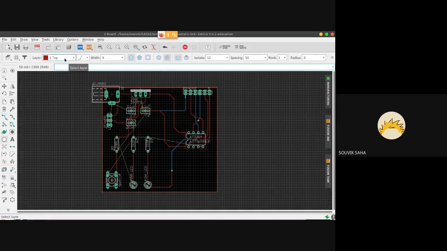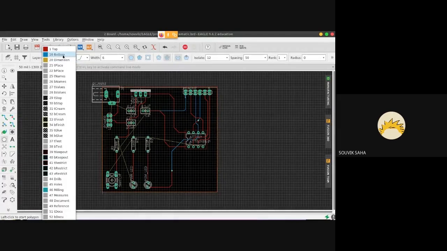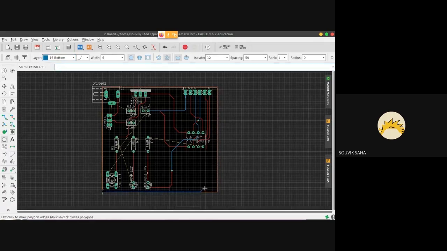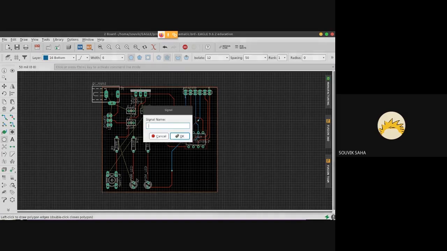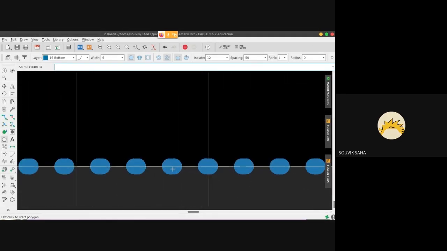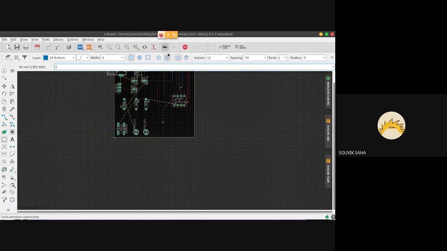And after that, go to the bottom layer and do the same thing over there. So now you should have this kind of a dotted line on both the top and bottom layers.